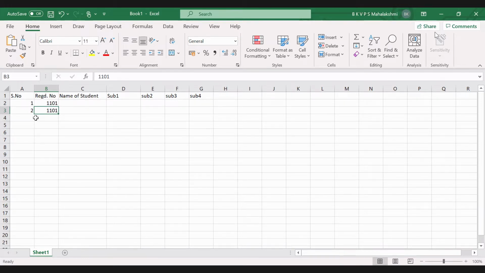or else maybe sometimes you can copy. Unfortunately, you can enter the same record twice. This kind of redundancy will not happen in a DBMS. It will just give you an alert: this record already exists with this registered number. That kind of facility will be there in database software. So remember this, it is one of the disadvantages, and this is called data redundancy. Note down what you are learning.